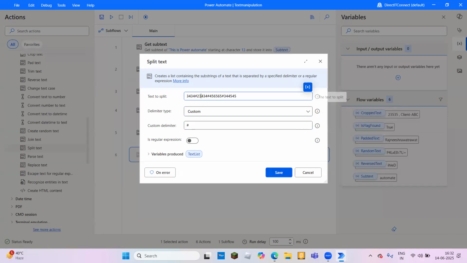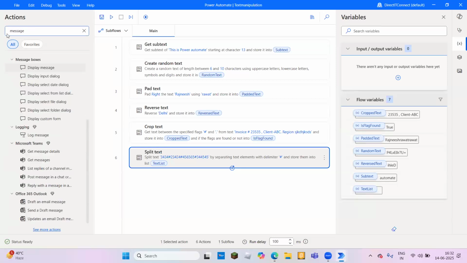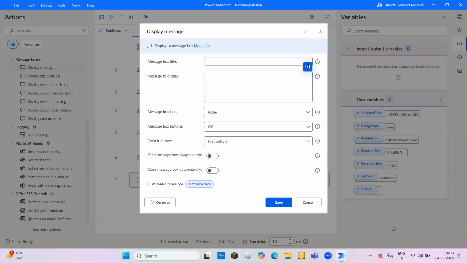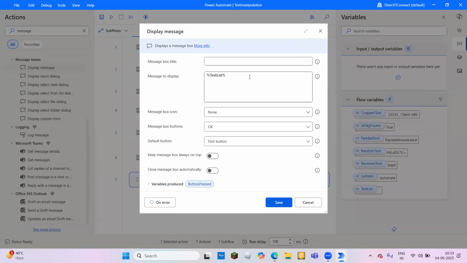So, for example, here I have 1, 2, 3, 4. I have a collection of 4, but I want to fetch this value. So, how can I write it? Split text. After that, I will use message. So, I will write it as text list. Then I will define it